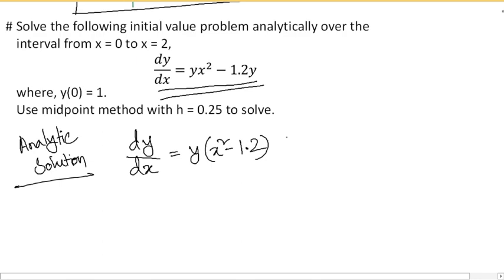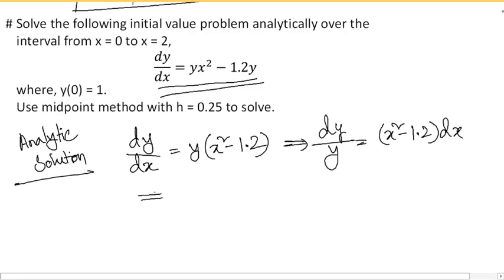We can write dy by y equals x squared minus 1.2 dx. So if we integrate both sides,